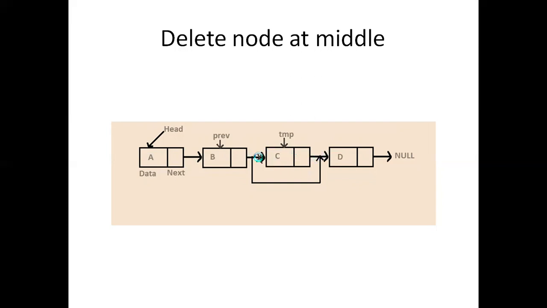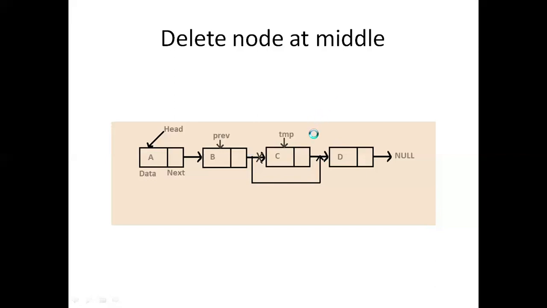Here we are making a mistake. See, if you observe B next, if B next should be null, we are removing the AB part and the CD part, two parts. That's why before removing the connection between B and C, you should keep the value of C next in the B next. C next value should be kept in the B next. Then after that, remove the connection between C and D and between B and C. This is the way of deleting the node at middle position.